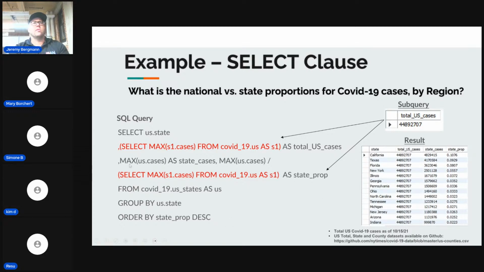Okay. So the second one, we could also do a subquery to get this by state. It's say get the cases COVID-19 as S1 by state. Or wait, that's not what this does. So we reuse that subquery. Okay. So this